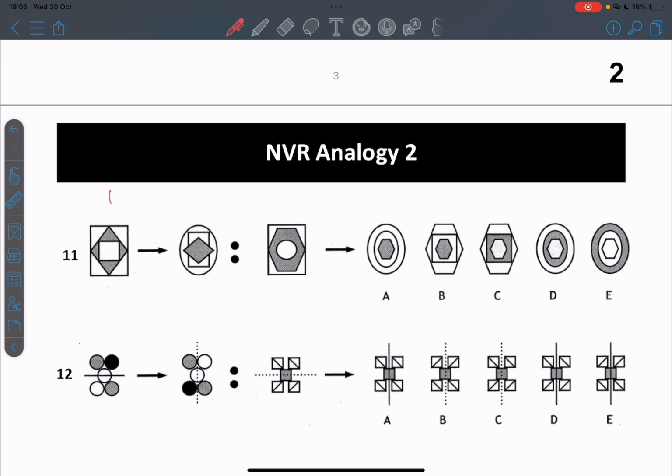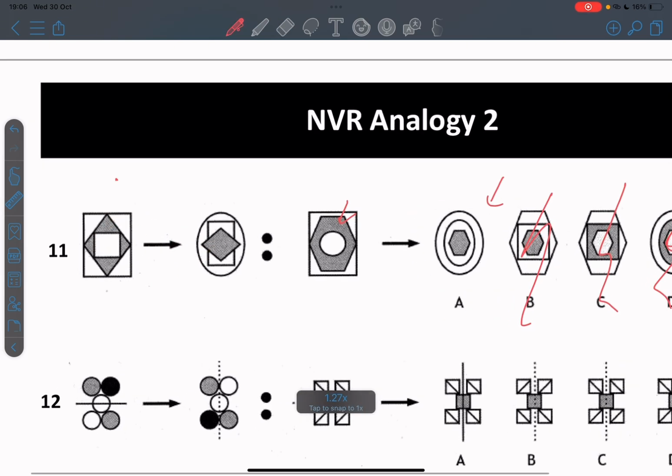Step 1, what changed? The rectangle changed to an oval. So it's going to have an oval. It's going to be like one of these options. Step 2 is this grey shape goes to the inside. It should be at the most inside, meaning we should have a grey hexagon, right? So you can see this one, it should be grey. That does leave us with option A, but if we just finish it off,